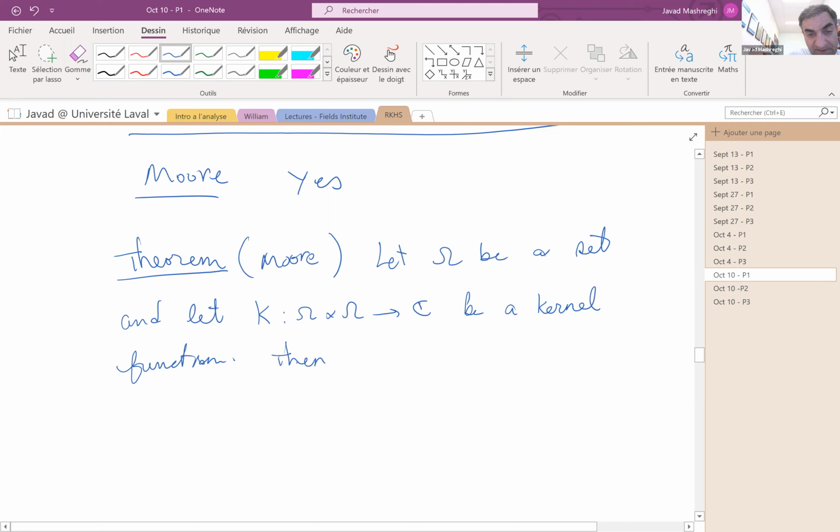Then, it's an existence theorem. So, all of us as mathematicians know that existence theorems are important. Then there exists an RKHS